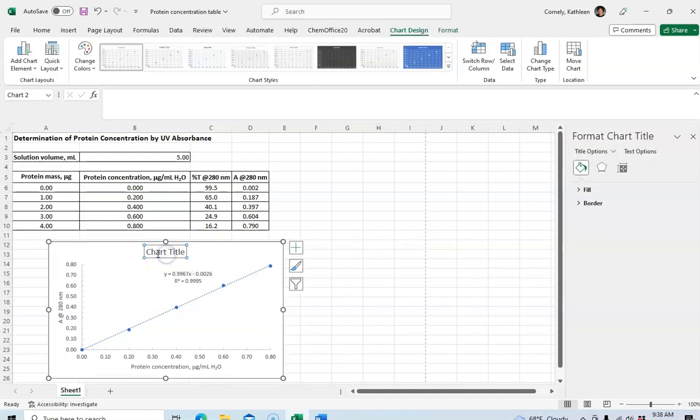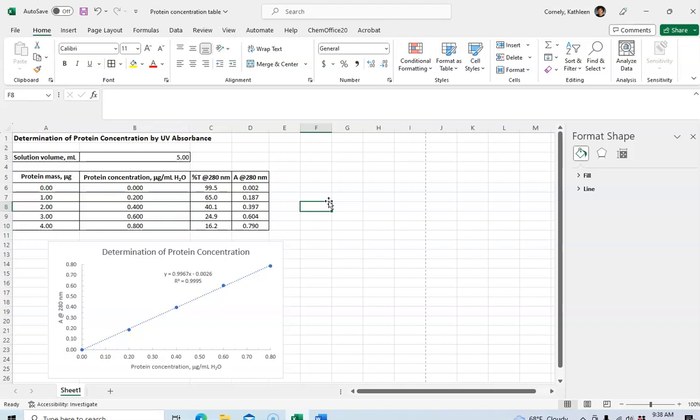And the last thing, that just says chart title. I want my own chart title, so I'm going to call this determination of protein concentration, because that's what we're doing. The type of title that you don't want is what I call a Y versus X title. You don't want to say absorbance versus protein concentration, because that is something that's visible just from looking at the graph. So you want to give your graph an informative title. So that is how you